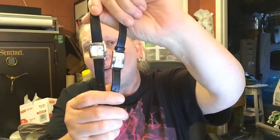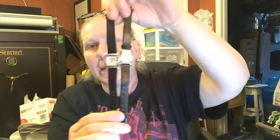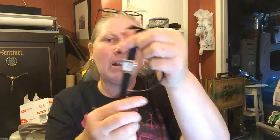And then I've got a pair of Kenneth Cole watches. These are both really nice. Both leather bands. Nice, nice women's watches. I'm going to try and get about $15 a piece out of these. So now we're up about $100